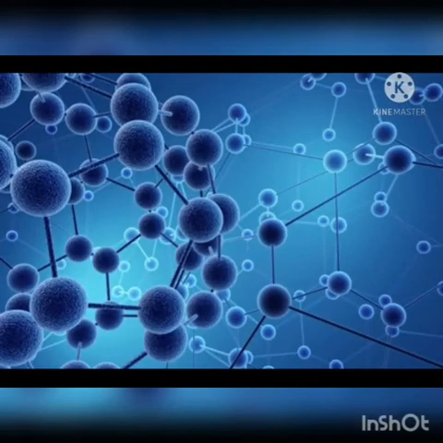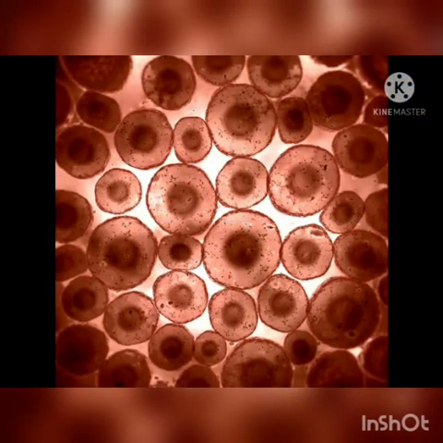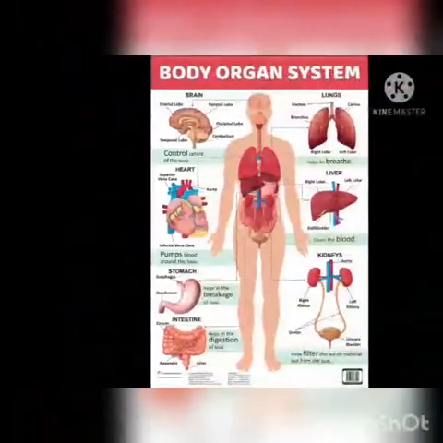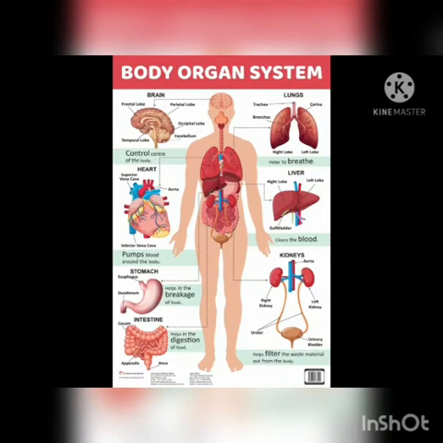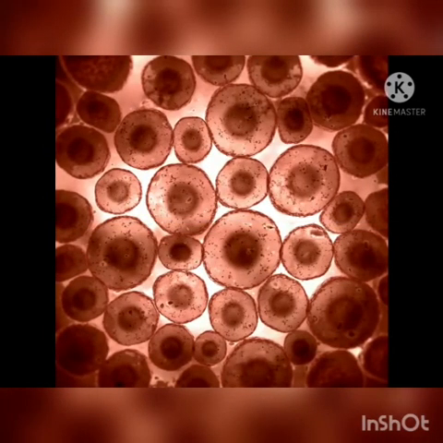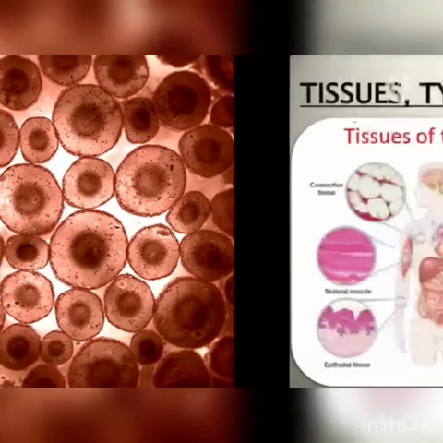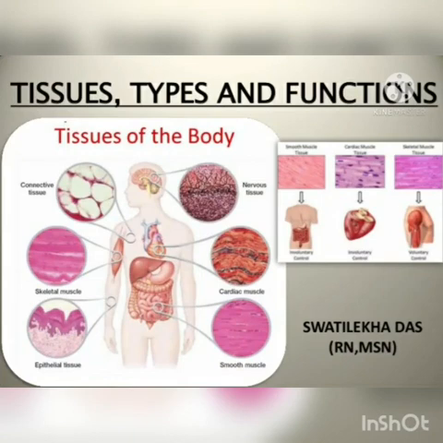They are the contents of the cell. So cells and organs mainly consist of these. Groups of cells form the tissue. So tissue is actually a collection of cells